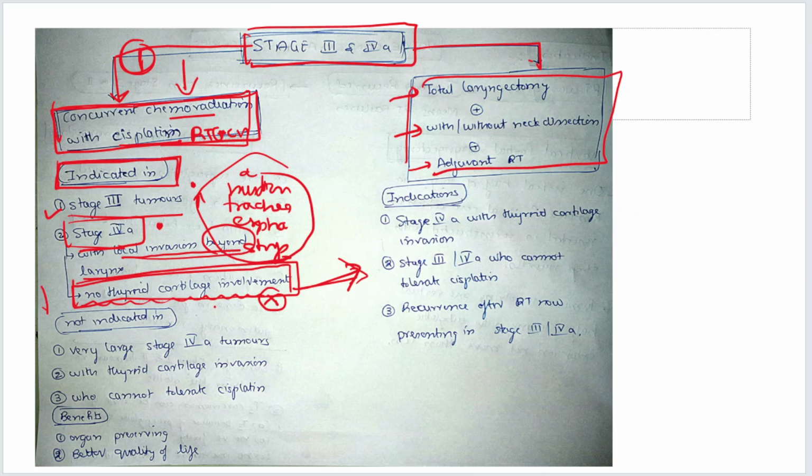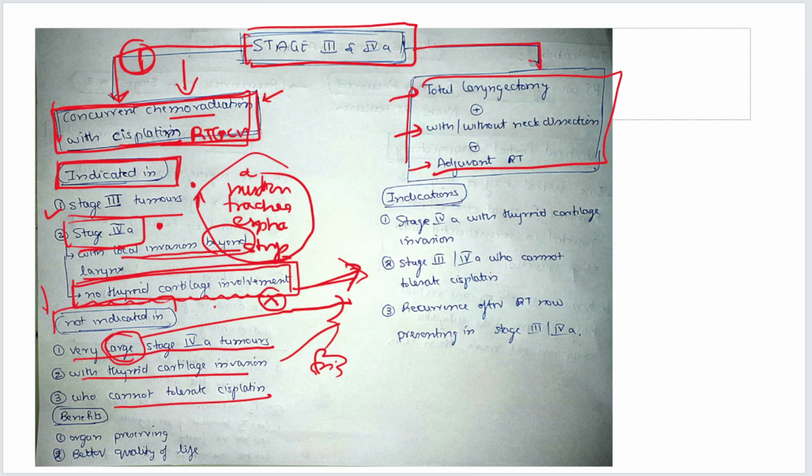So, in which cases is it not indicated? Large stage 4A tumor. The tumor is very large, so the radiation will not burn through it. Large is always a problem. With more tumor bulk, you go for total laryngectomy. Thyroid cartilage invasion, you go for total laryngectomy. Cannot tolerate cisplatin, you go for total laryngectomy. So these three indications are